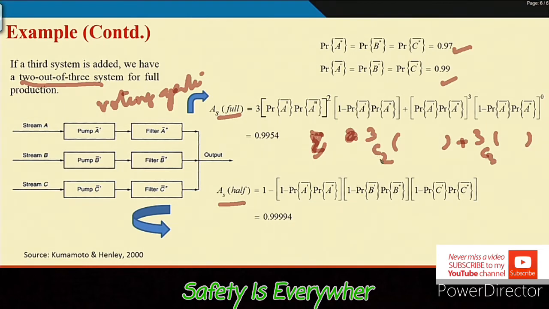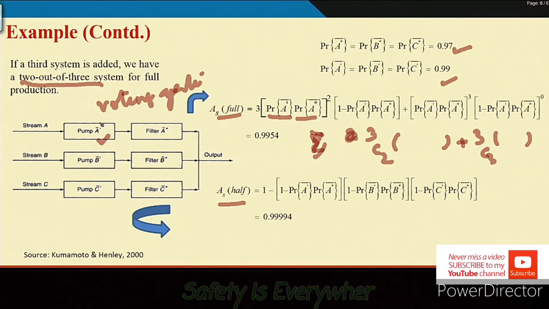So when we are saying that there are 3 streams, stream A, stream B, stream C, their availability is what? Probability of AS, and probability of A dot, and probability of A double dot bar success. So similarly second one, similarly third one, and because each of the streams A dot, B dot, C dot, that bars, we have said that they are equal, so we can write only in terms of A, no problem there. So this is the first part, success part, its square.